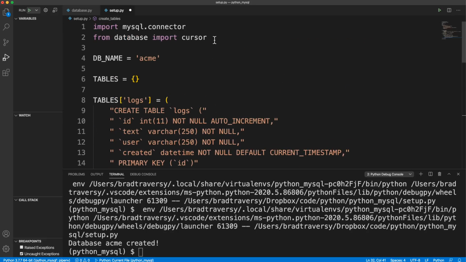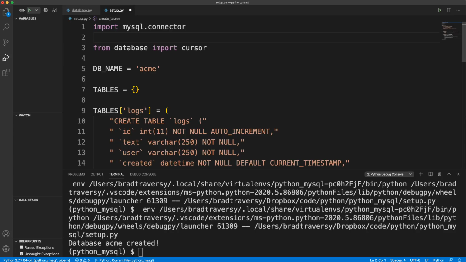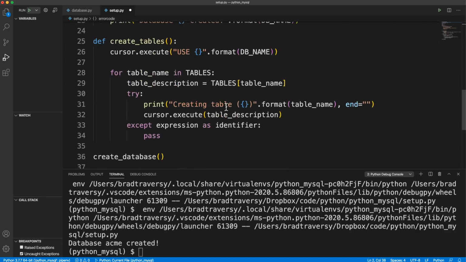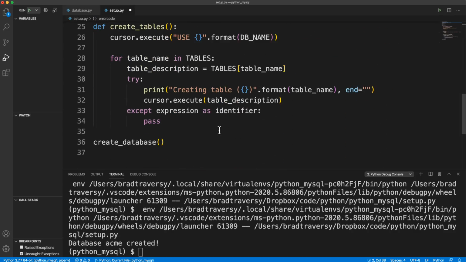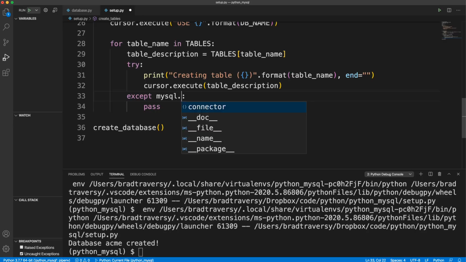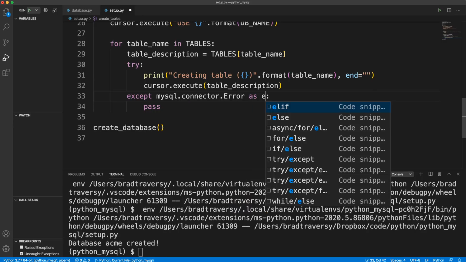So I'm going to go ahead and bring in up top, I'm going to say from MySQL dot connector, I want to import error code, because we want to check to see if one of the errors is if it already exists. So let's see right here for this except, let's say MySQL dot connector dot error as ERR,